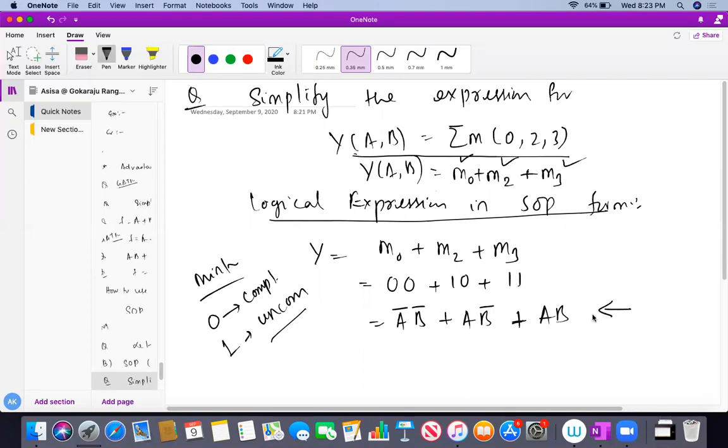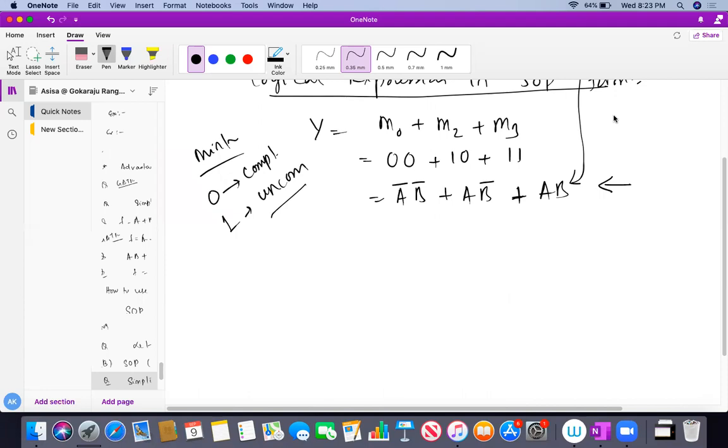Do you all understand? So very simple, nothing else. So finally what you need to do, you have to simplify it. The question has asked you to simplify the expression. So first from this I have identified what my logic expression in SOP form is. Now I'm going to use certain Boolean algebra to simplify it. Very simple, nothing else. So what I'm going to do, I'm going to take the distributive law over here, A bar or A. Between these two I have used the distributive law, AB. So here I have used what? Distributive law.